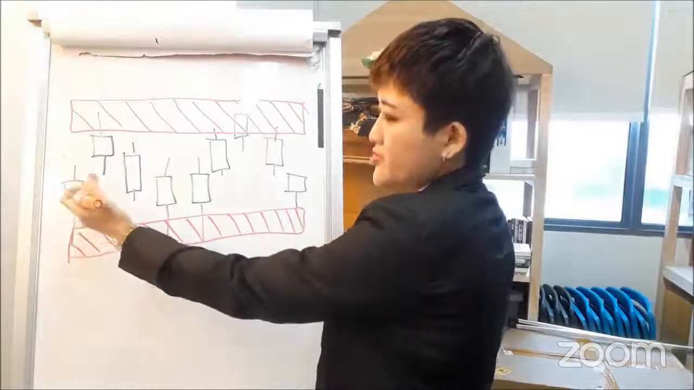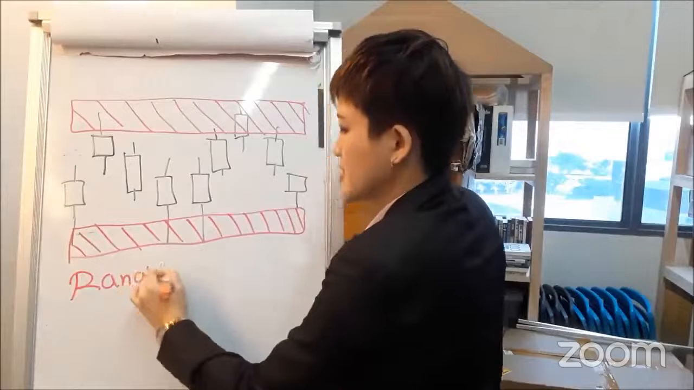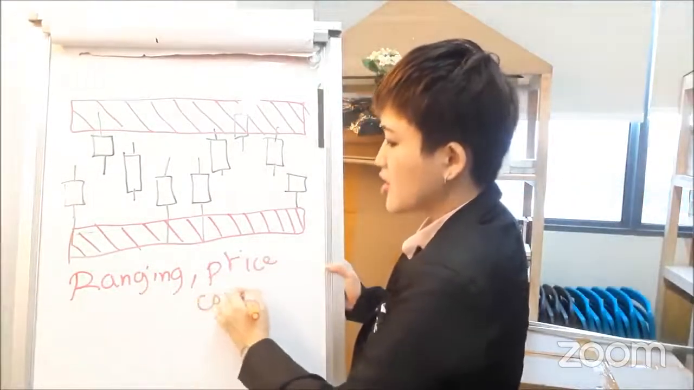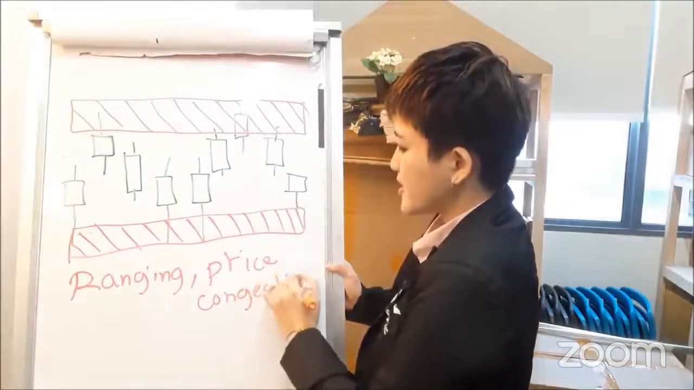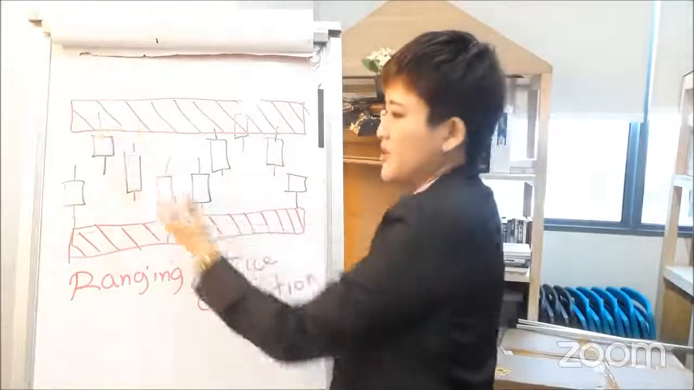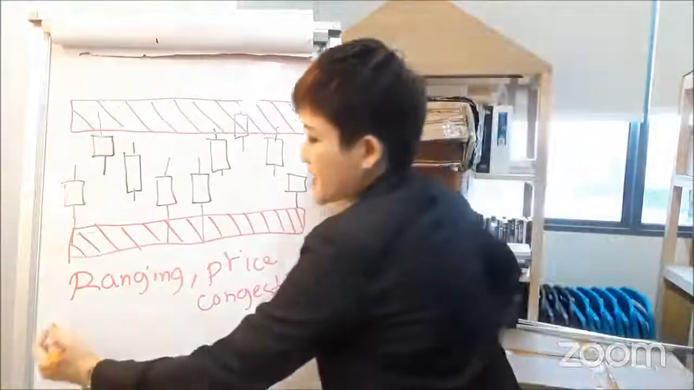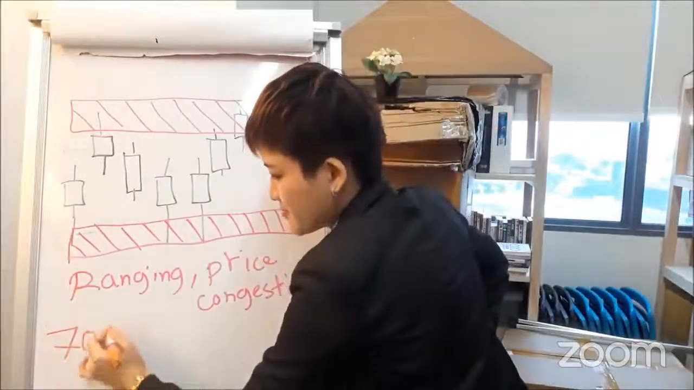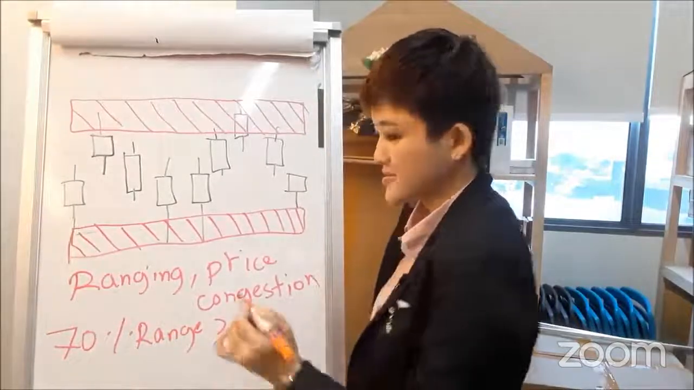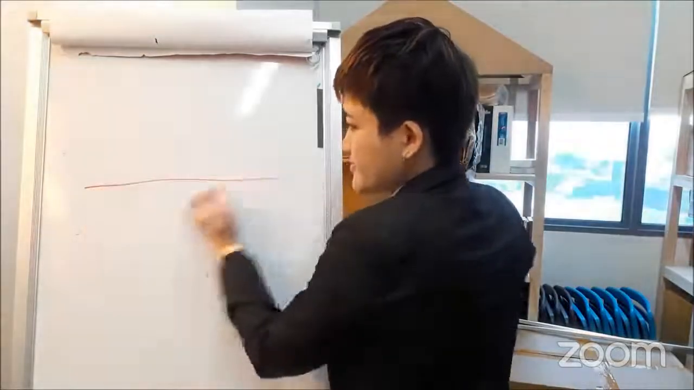Because a lot of times you use it in a ranging market. Or some people call it price congestion or consolidation market. This means that the price just moves sideways, it's not trending. It bounces off support resistance again and again. And also very important to understand that markets generally range about 70% of the time, and then only trends 30% of the time. So if you're range trading,